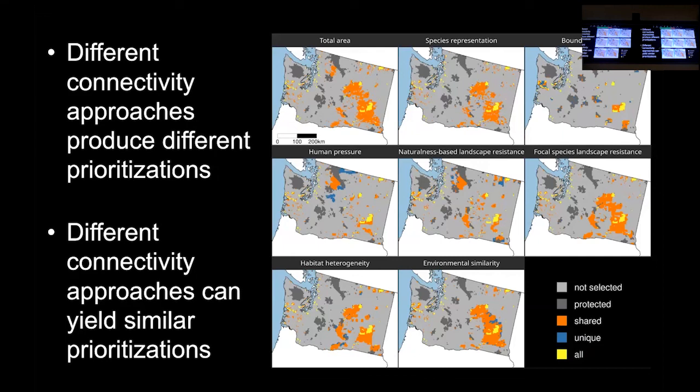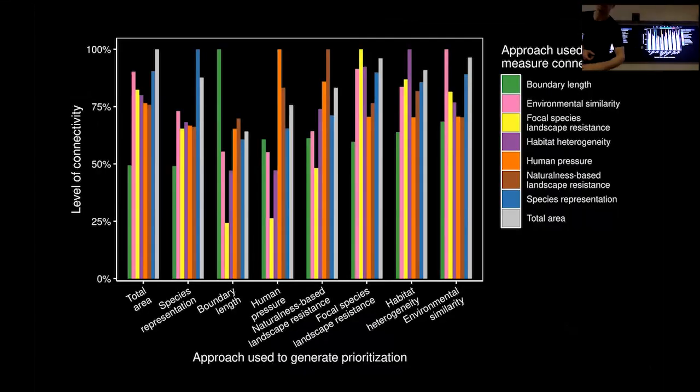So I'm running out of time. What I'm going to say is, we found that each of these different approaches gives you different results. There are some similarities, which is surprising. These approaches based on very different assumptions get very similar answers. These two are basically different ways of saying how human modification impacts connectivity, and they give us broadly similar results. And we measured the performance of them. I'm going to skip that because we don't have time. If we run out of questions, I can go over that then.